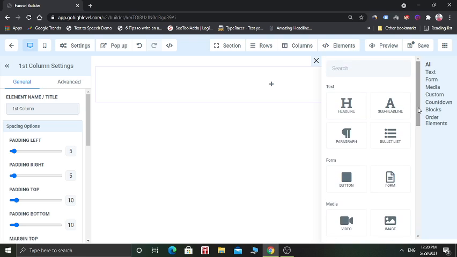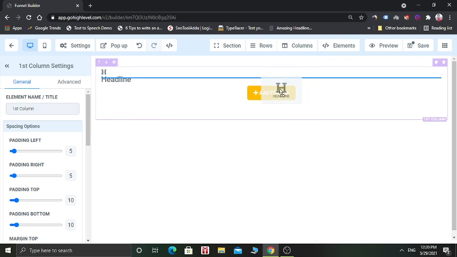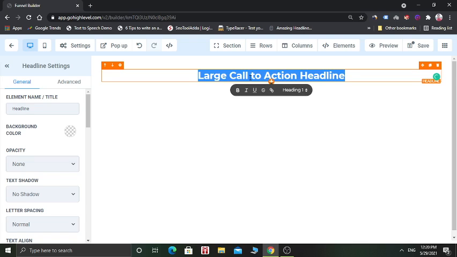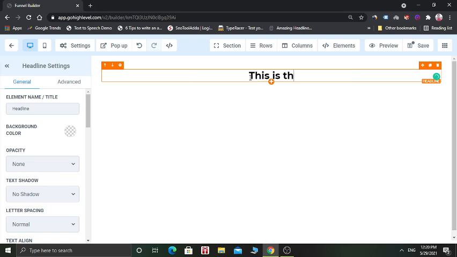Now let's add a headline in this page. Just drag and drop this element, and now you can edit this text. Let's say this is the test funnel page. So this is the headline.